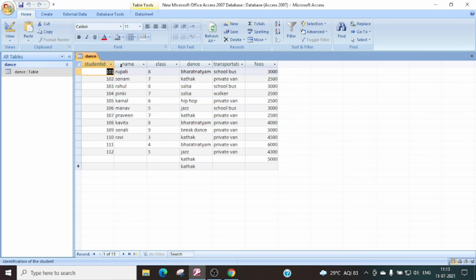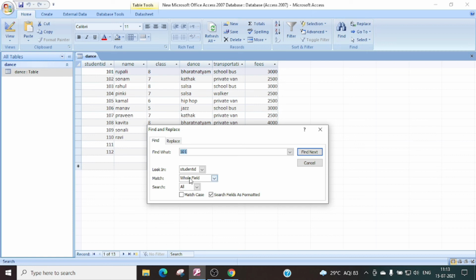Just click on Find. Here you can see the find option, and then you can find anything from your database. This is the find button. Click on it, and the dialog box will open. Now it is asking Find What, so you write here jazz.